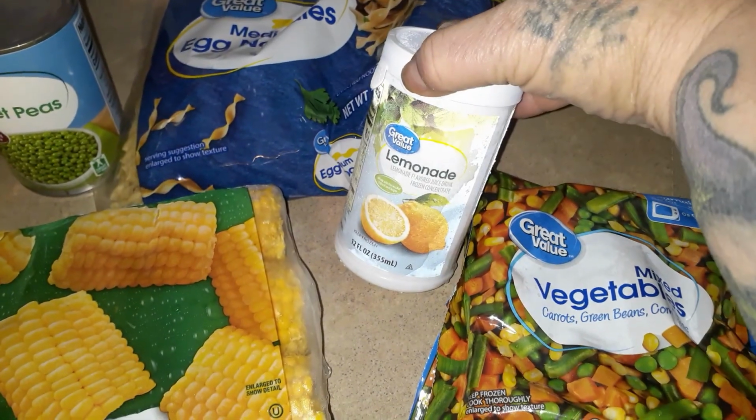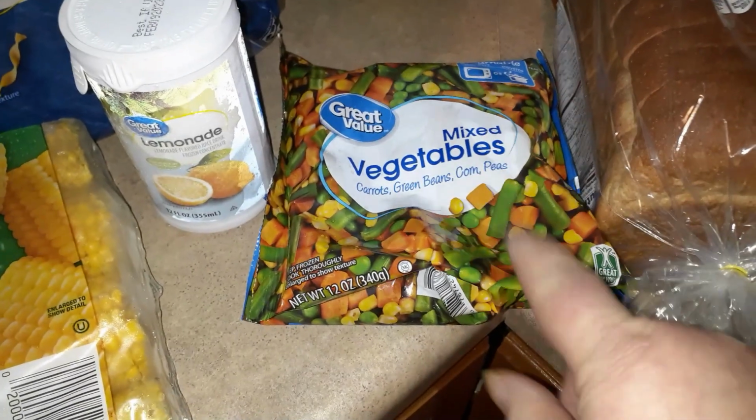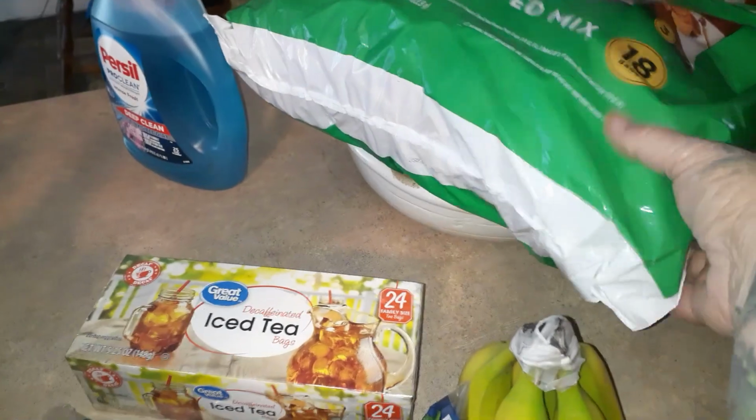The lemonade, this is for the lemonade cookies. This is for my vegetable soup. And then, of course, David's bread. Now, let's go to the other side. Oh, and these,